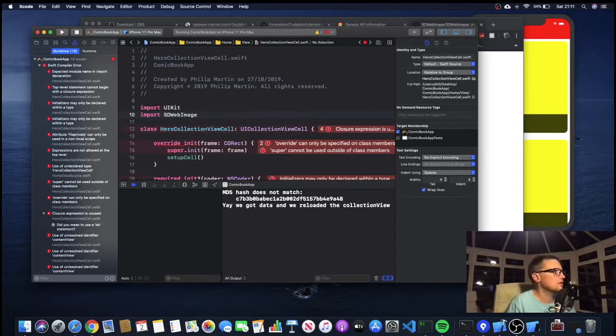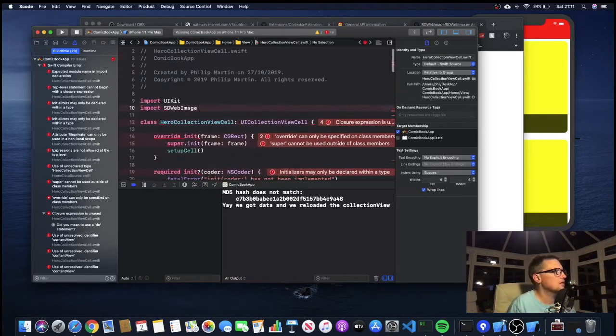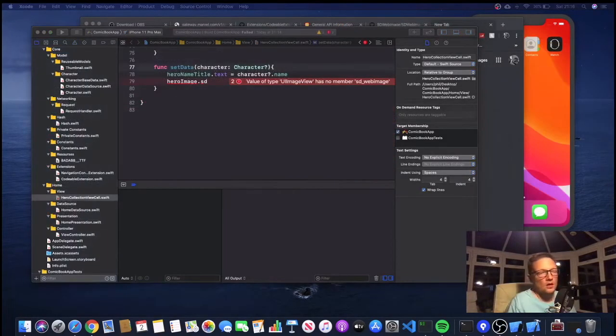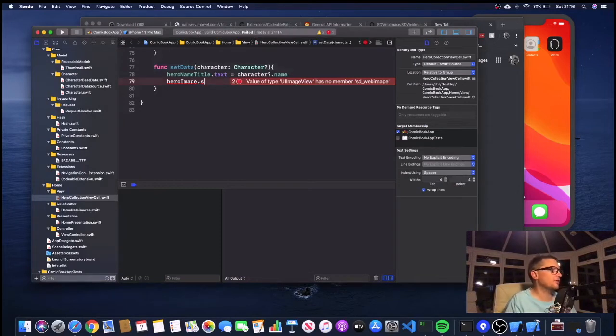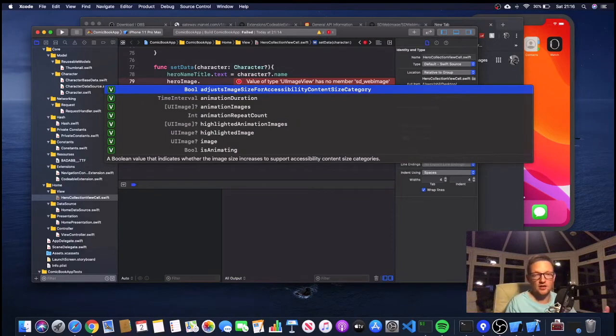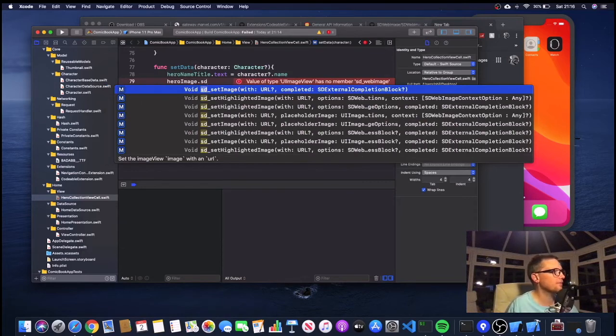SDWebImage. No module found. Right. So back to where we left off. Sorry about that. I had to just shut Xcode down and open it up again. Mental. Anyway,